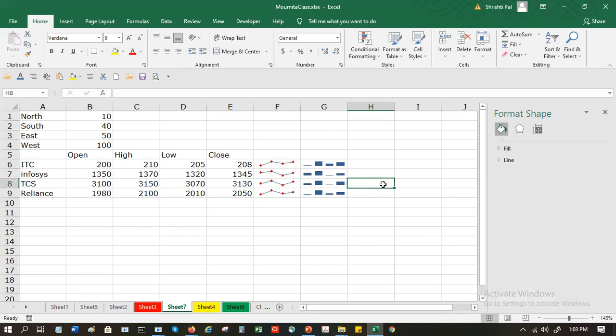So if I would like to use Sparkline, I have to first highlight or select the data which I would like to do as a Sparkline, right? So first I have to highlight those data in the cells, the columns, rows and the columns. Like, instead of highlighting the rows, if I would like to highlight the columns, that also I can do.